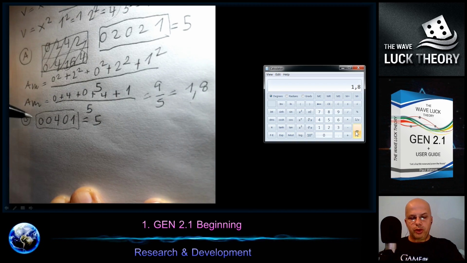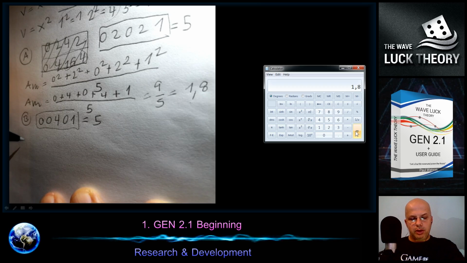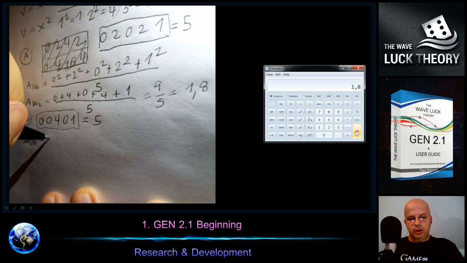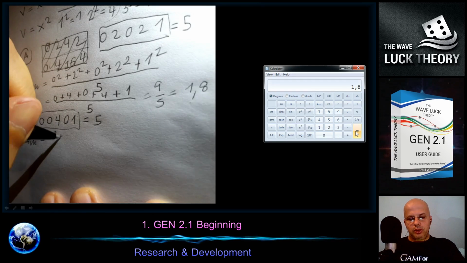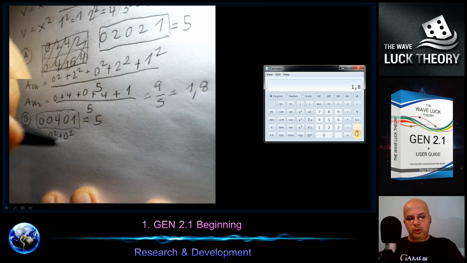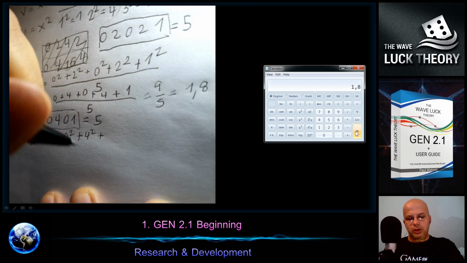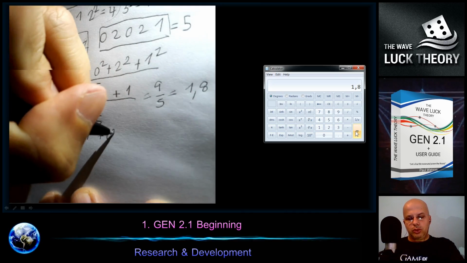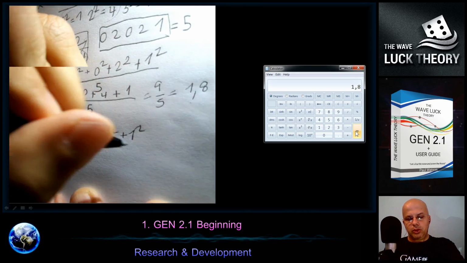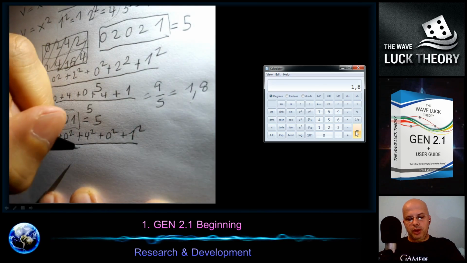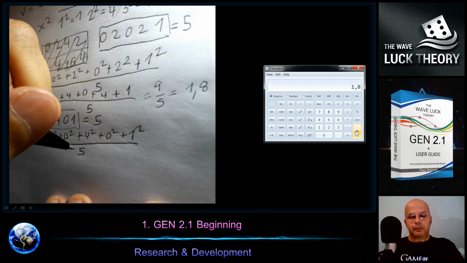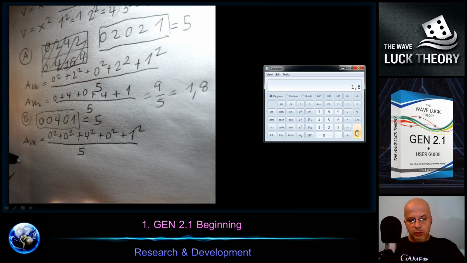But let's look if we apply the square, then the average mean is equal, and now it's 0 squared plus 4 squared plus 0 squared plus 1 squared. We will divide it by 5 and we continue,